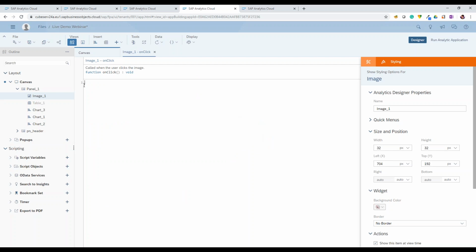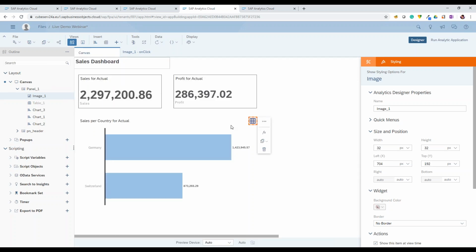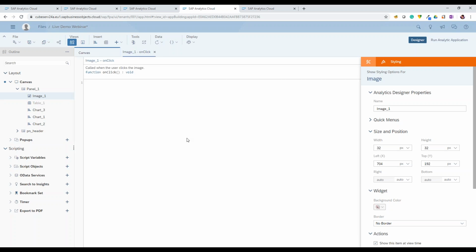For that, I will go inside the scripting part of this application, which you can start by clicking on this FX button over here, or you can find this in the context menu of the image as well. I will go here and write my code for this and say chart3. I don't want to show it anymore. I will hide it, but I want to show my table.